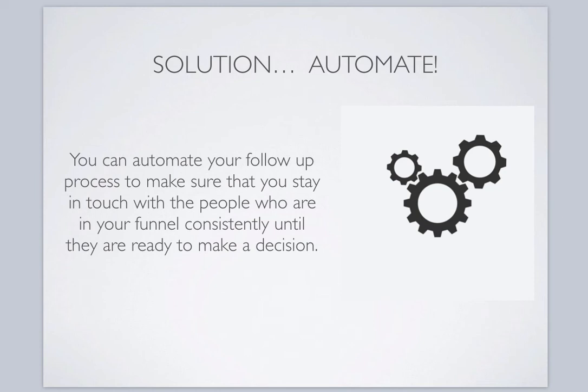So think of it this way: an automated follow-up system would be a way that every month the people in your funnel, so your list of folks that are either current clients, past clients, or people that potentially could lead to more business either through repeat sales or referrals, would receive something that goes out to them on a monthly basis that would keep you in touch with them, and you wouldn't have to touch it.